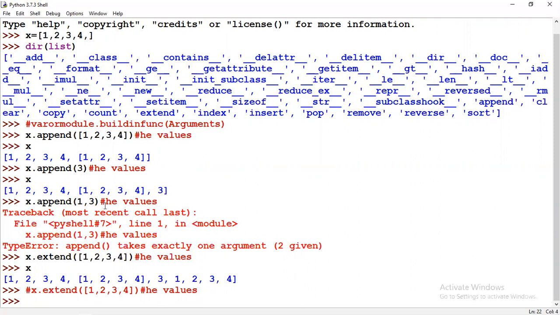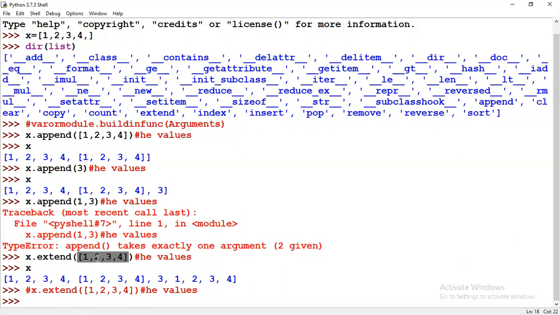You need to understand the difference between a sequence and a separate number. A sequence is different, a separate number is different. See, this 3 is a separate number. When I give it inside the list, that is a sequence. So this is a list data type. When I added this in append, this complete list comes in one index position. But for extend, we need to give some sequence here.